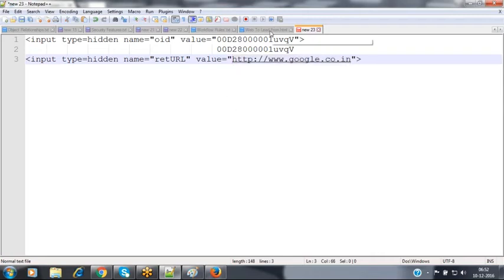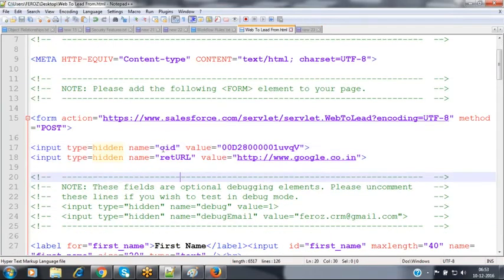So now inside that HTML form, you will have two fields. One is the OID field, nothing but organization ID, which will be holding the ID of the organization with which it has to interact. Even though you may have multiple Salesforce organizations, depending upon the ID you have specified inside this HTML code, it is going to create the new lead record only in that particular organization. Once it has created the lead record, it is going to redirect the user to the specified return URL which you have mentioned inside that return URL field. So this is the way it identifies that particular instance where it is creating that new lead record.